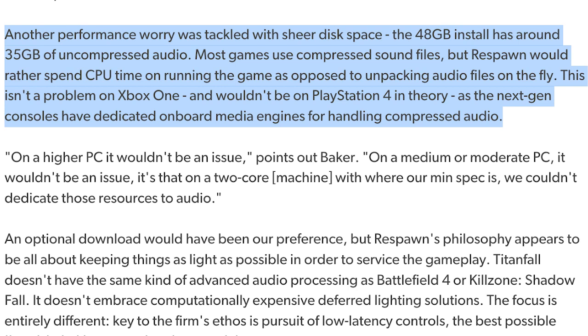A funny example that comes to my head comes from this article covering an interview by Richard Leadbetter for the game Titanfall 2. In this highlighted part of the article, it talks about how the developers chose to have 35 gigabytes of uncompressed audio in order for the CPU to have little strain handling unpacked audio files. This was done as a means of reducing latency in the game so that players would have a smoother experience